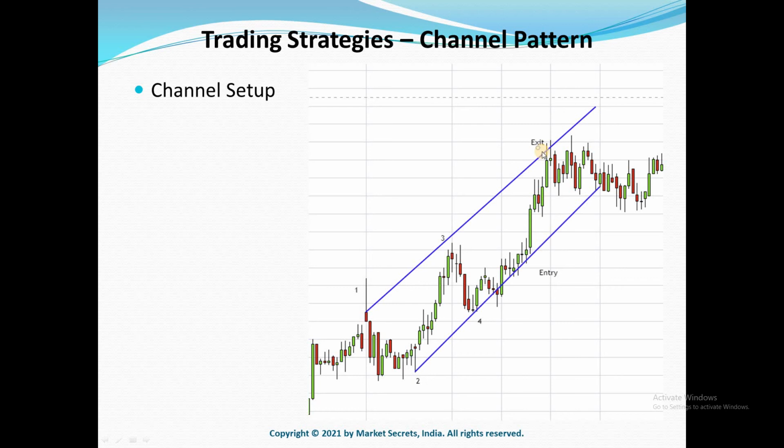And when it comes to the significance of volume, volume is often lower in the channels, especially near the middle of the channel. Breakouts are often associated with the high volume. If the volume isn't rising on a breakout, there is a greater likelihood that the channel will continue. So whenever price hits these trend lines, look at the volume. The volume is low, it indicates the channel will continue, so you can take a trade. If the volumes are high, then there is a high chance of a breakout, so you should avoid trading on these channels.